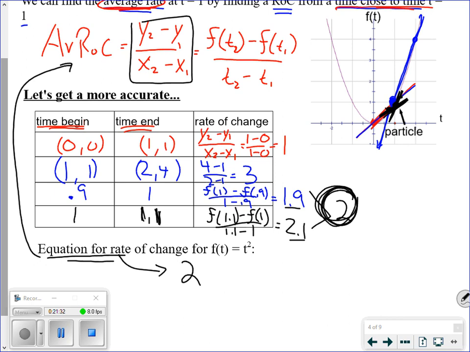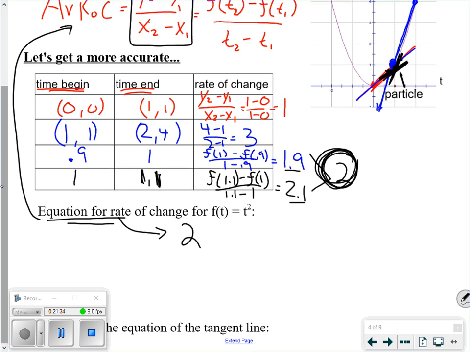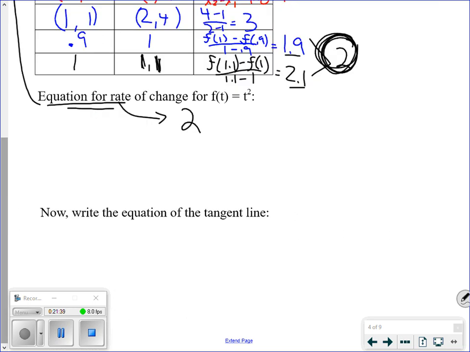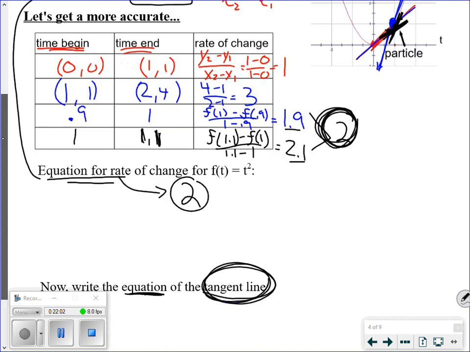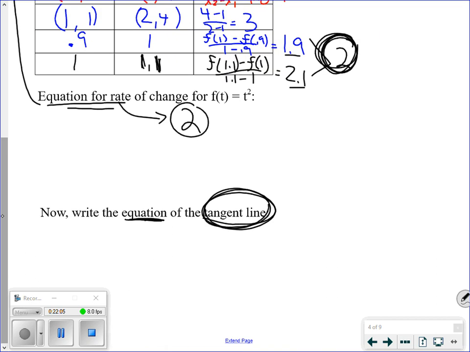But again, everything we did today is nothing crazy new. It's just using slopes and stuff like that, right? So we guessed that it's going to be equal to 2. That's good for us. And now we can write the equation of the tangent line. Let's talk about what a tangent line is real quick, and then I'll be done. Whenever I was finding the slopes of all these lines in the graph up above, I was finding the slopes of the secant line. Now, whenever I'm wanting to find the slope of the tangent line,